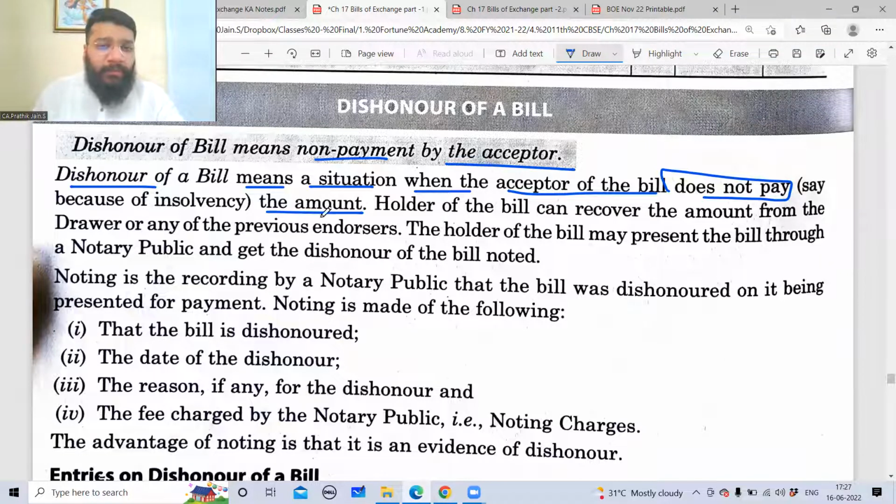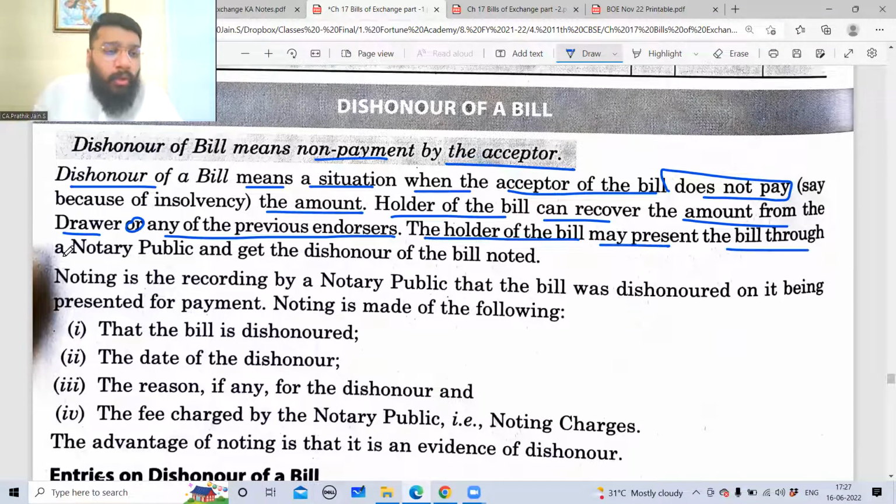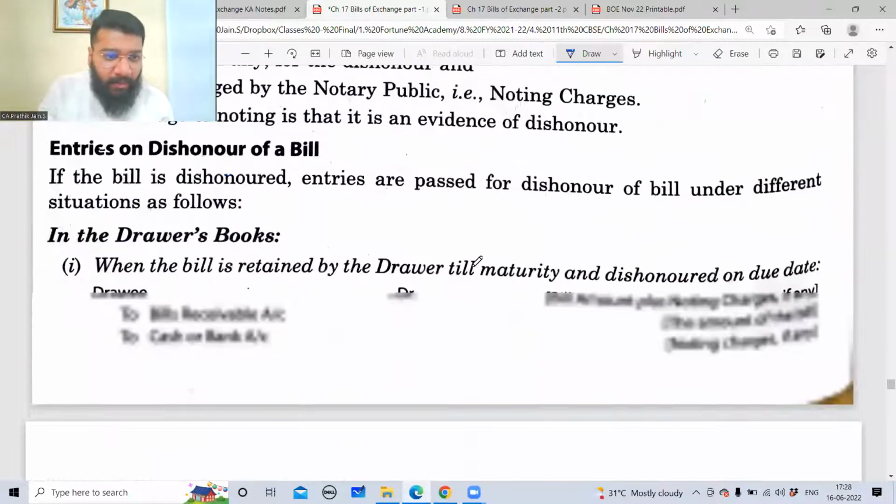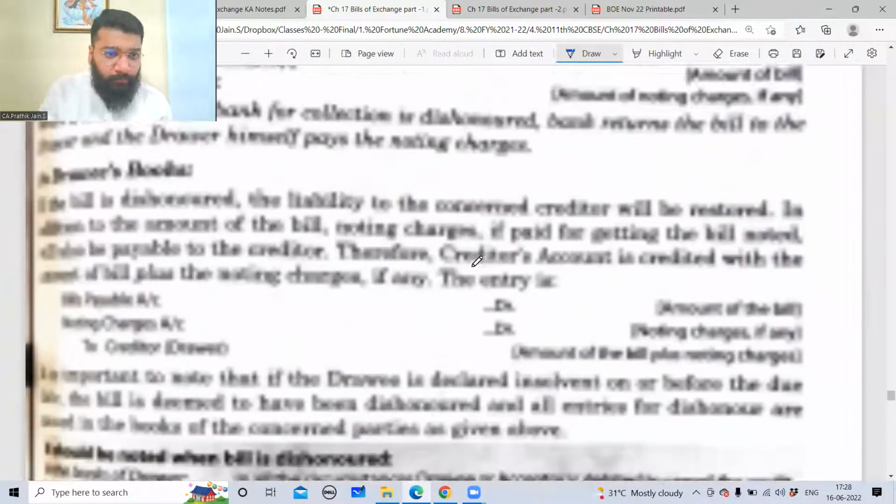Example is insolvency. The holder of the bill can recover the amount from the drawer or any of the previous endorsers. This you will understand when I start doing the practical questions. The holder of the bill may present the bill through a notary public and get the dishonor of the bill noted. Now, let me do one practical question. Then this will make sense. Let's go to